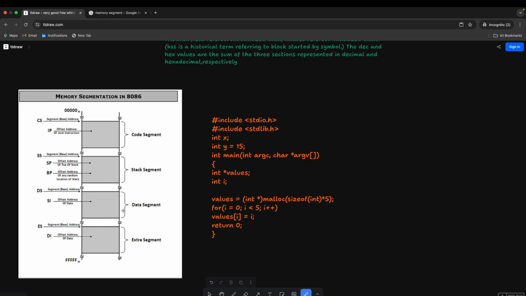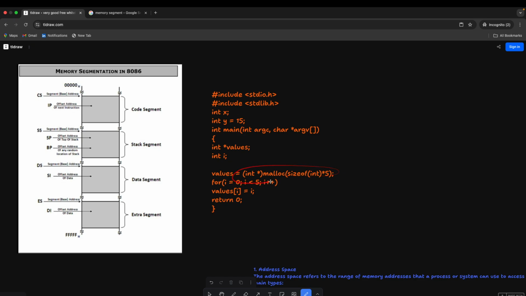Okay, now first is data. Remember, further classification of data will be two parts, initialized and non-initialized. You get this in the non-initialized part, and this will be in the initialized. Then this will get loaded to the stack. Now this is the stack variable. Whenever you come across malloc or calloc, you're going to have one more section called heap. This is going to go in the heap, and again this is related to the stack. So when we reach this return 0, we are going to pop out of the stack.